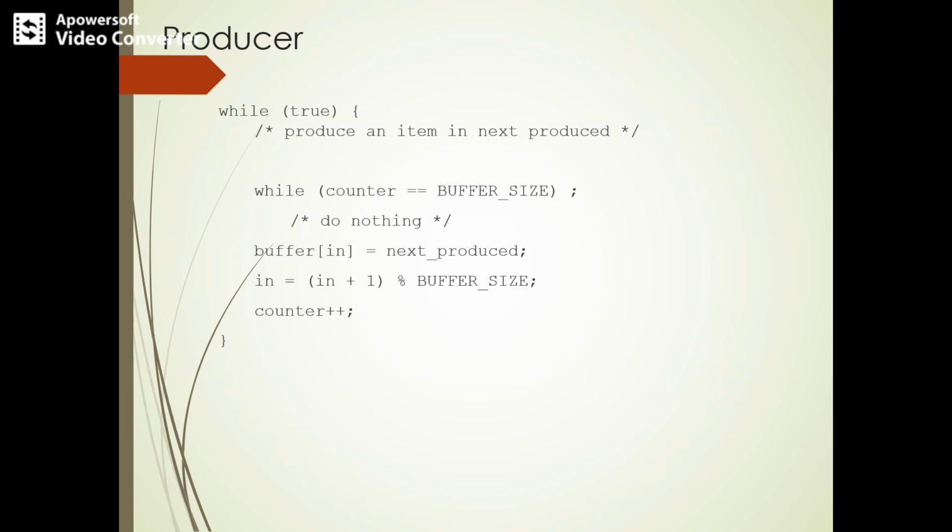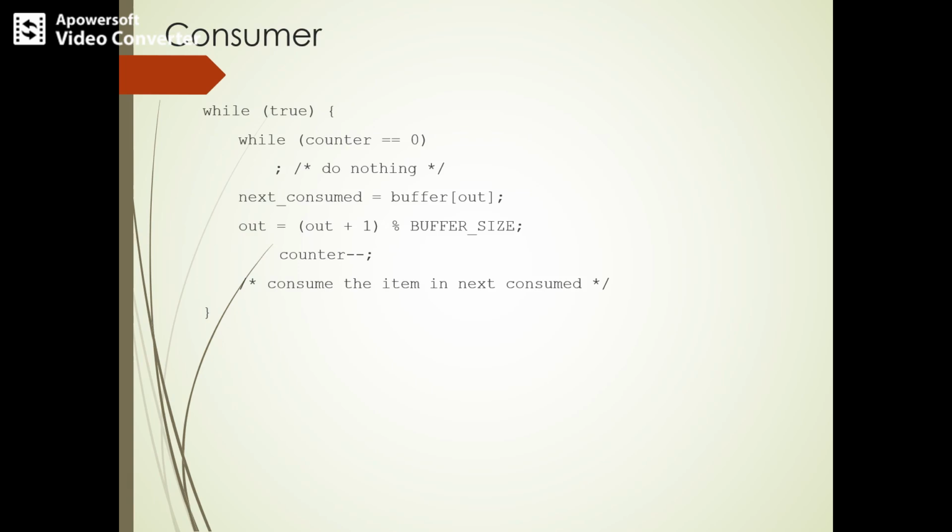Now again, next time whenever the producer produces an item, the condition is checked whether it has reached the full buffer size. Or else, the next item that is being produced will be pushed onto the buffer, and the counter will be incremented, saying that there are these many items available, or produced in the buffer. Okay, so let's see the next code for the consumer.